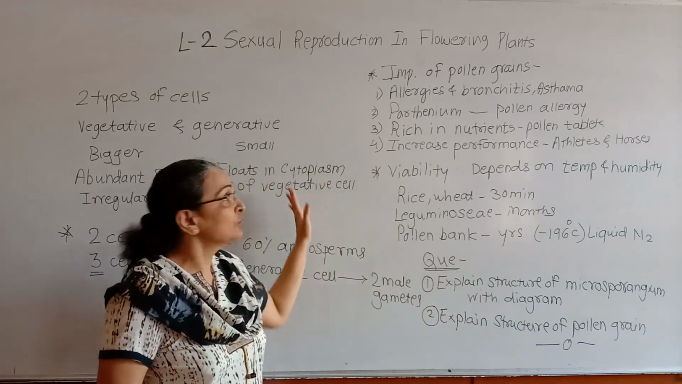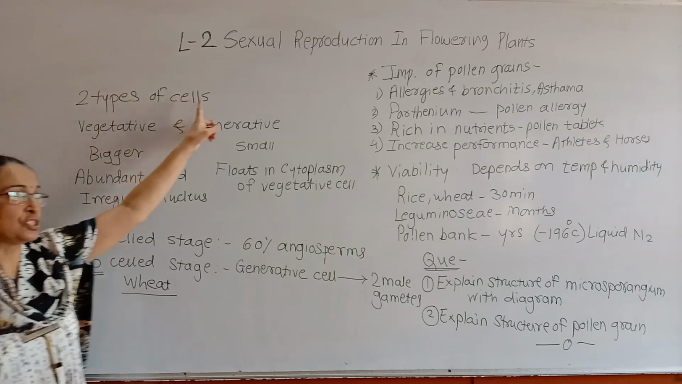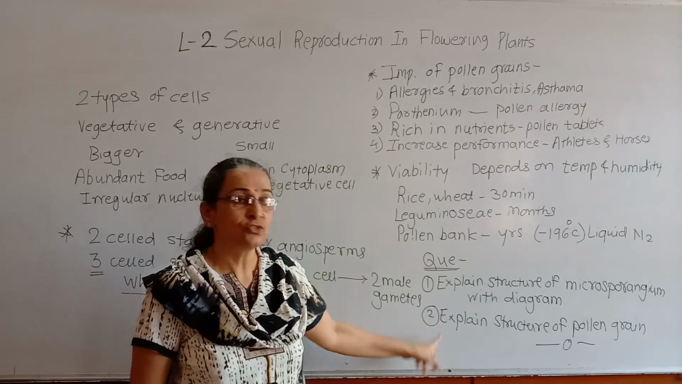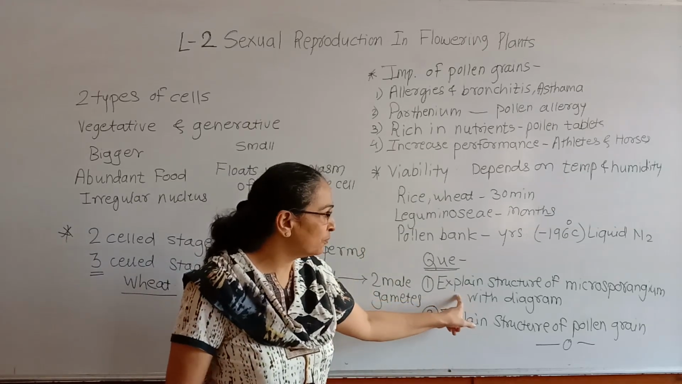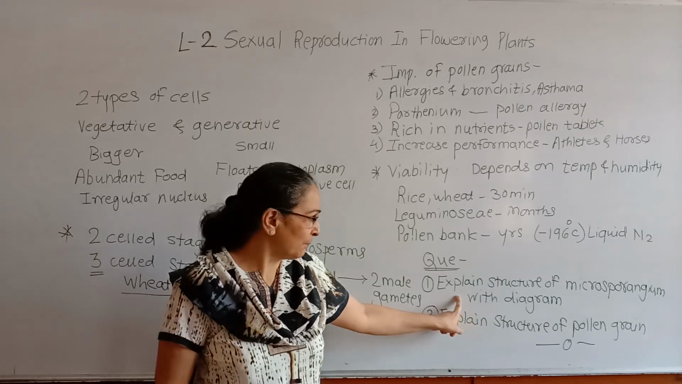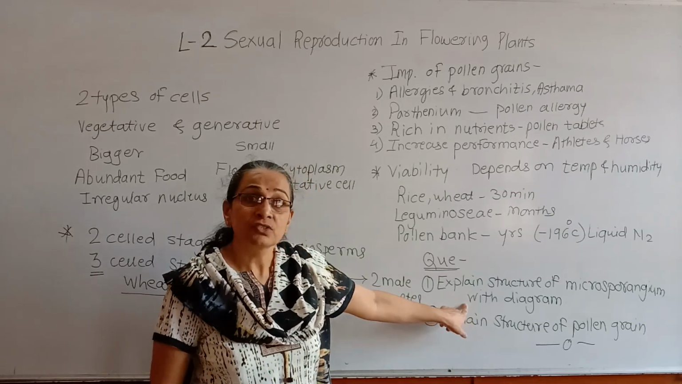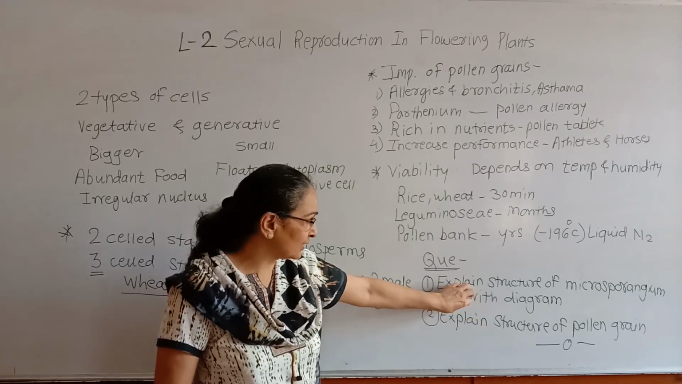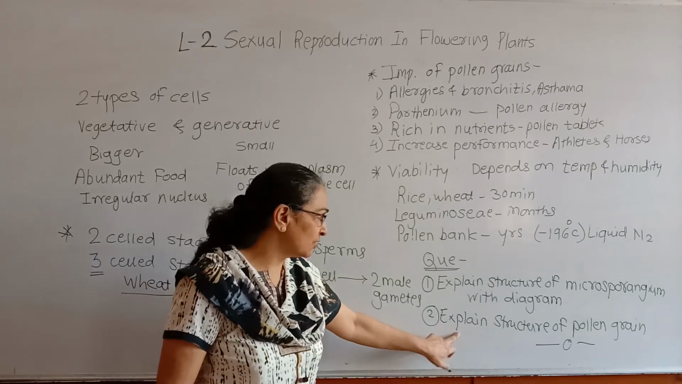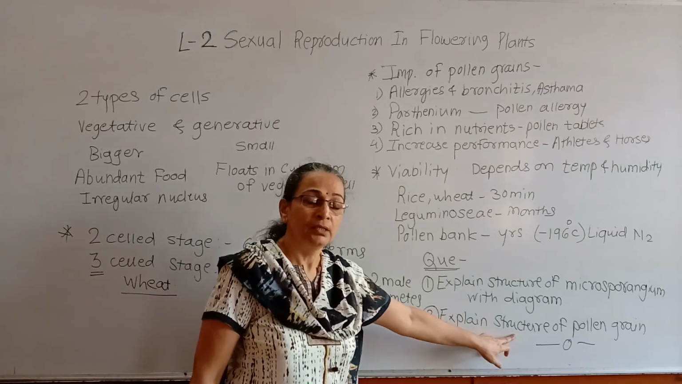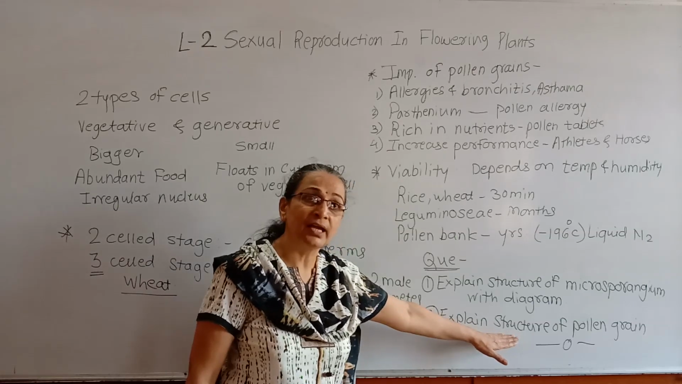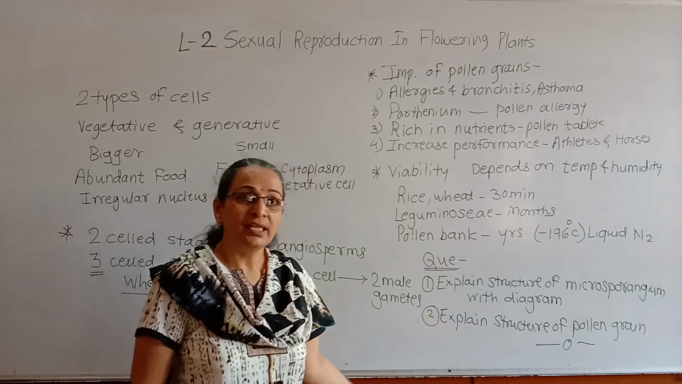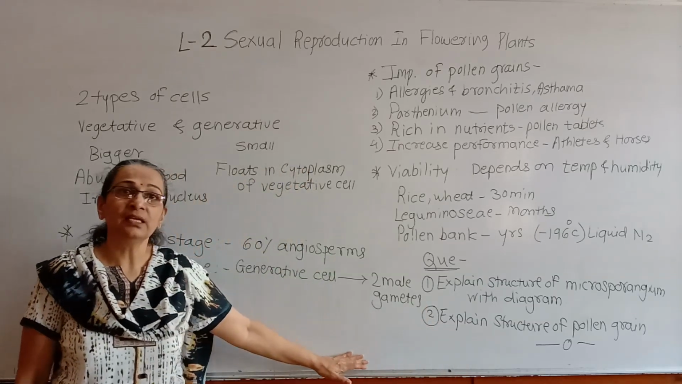So this is all about the first part, that is the androecium, the male reproductive part of the flower. The common questions asked on this part are: the structure of microsporangium with diagram, where you have to explain the structure, that is epidermis, endothecium, tapetum and all, with the diagram. And the second question is the structure of pollen grain, where you have to explain the exine, intine, germ pore and all. So please prepare these questions. In the next class we will see the female reproductive